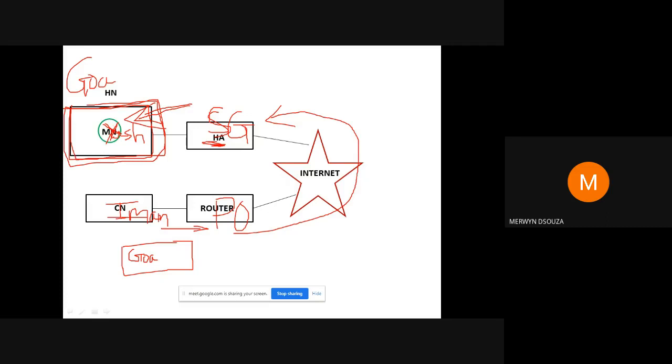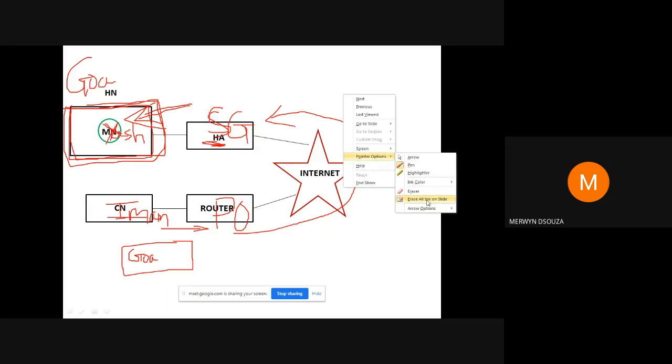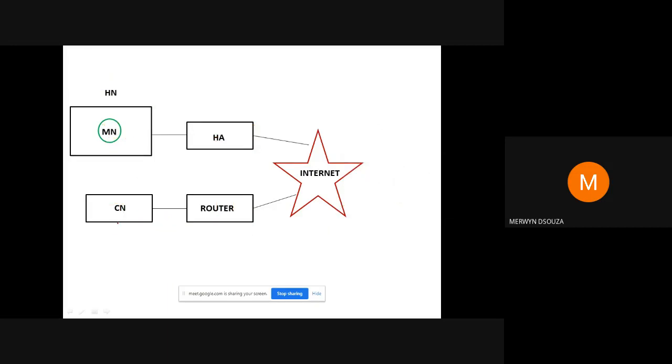And now the same thing, imagine without all of this. Imagine that instead of Imam, the entity that is corresponding is known as the correspondent node. So the correspondent node is nothing but one part of the two devices that will be involved in the communication. And instead of a post office, we'll be having a device known as the router, which is responsible for routing your packets. Then the router is connected through the internet, and it is connected to something known as a home agent.